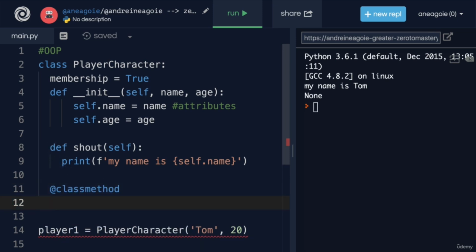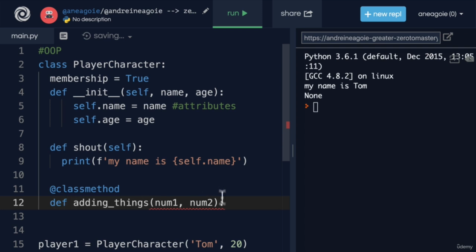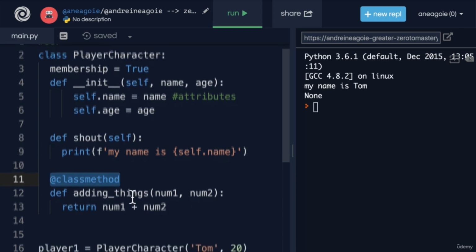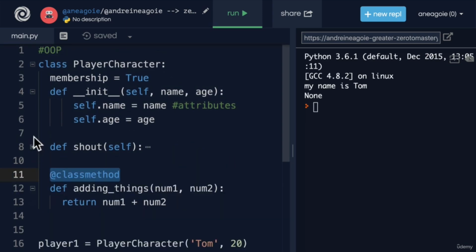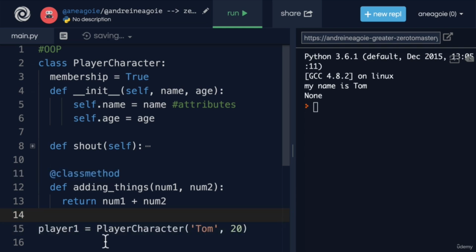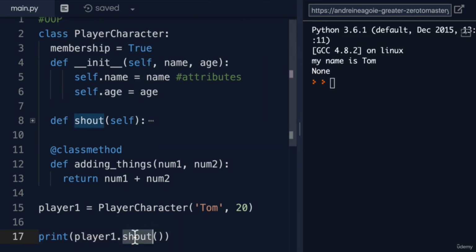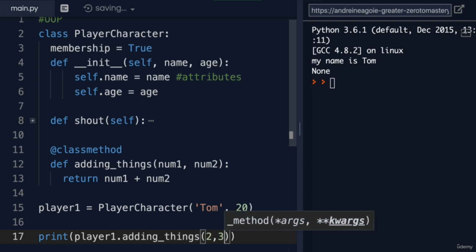For example, let's create a function, and we'll call it adding things that will take num1 and num2. And in here, make sure we add the define for the function. And in here, we'll just return num1 plus num2. Okay, so what does this class method do? Let me minimize this just so we can see a little bit better. Now in here, let's see if player 1 has access to adding things. So let's just say adding things 2 and 3. If I click run,